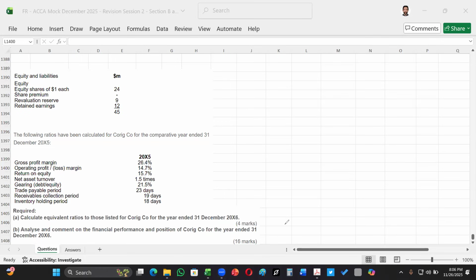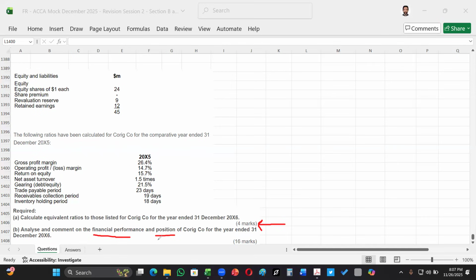A very important exam technique here is that students usually try to just learn the formulas and apply them. That will only fetch you 4 marks, okay? That is kind of nothing. And you are not focusing on the juicy 16 marker, because here you are expected to discuss the financial performance and financial position. The performance is more focused on the statement of profit and loss, and position relates to the statement of financial position, which has assets and liabilities.